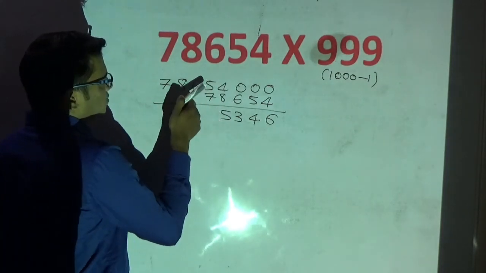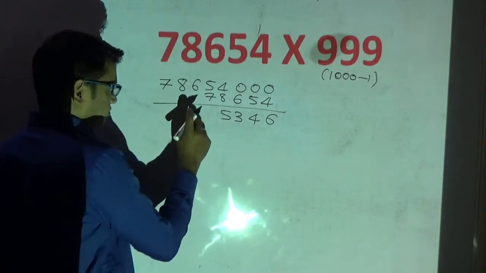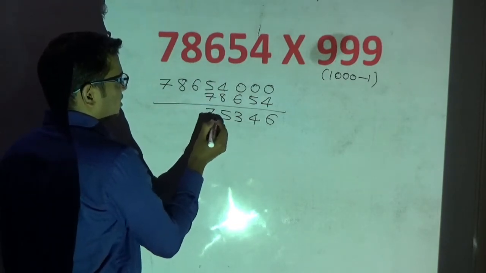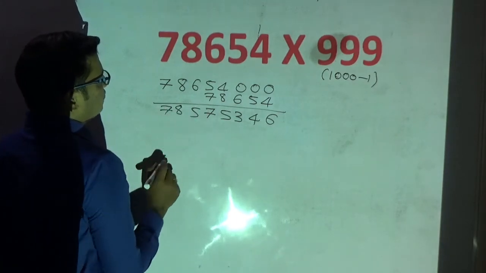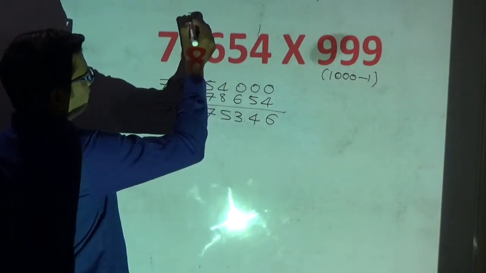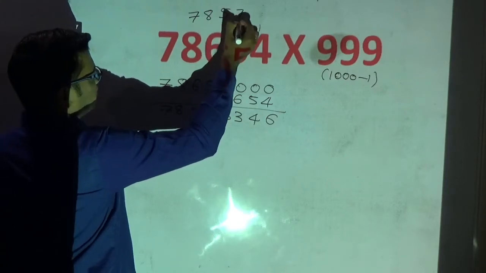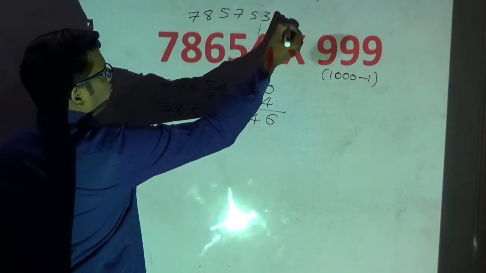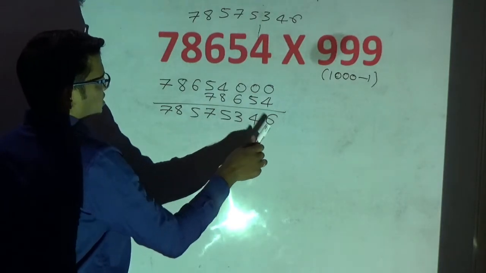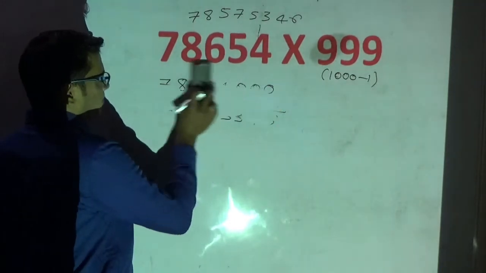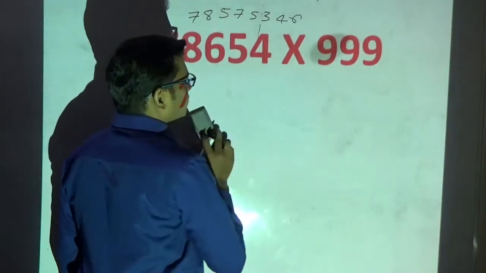Okay, now here what is left out here? I have taken the power of 14. 14 minus 7 is 7. Here what is left out? This is 5. This is 8. This is 7. So answer for this example I am writing here 78575346. Okay, now I am going to apply my second method and I have to check whether my answer is